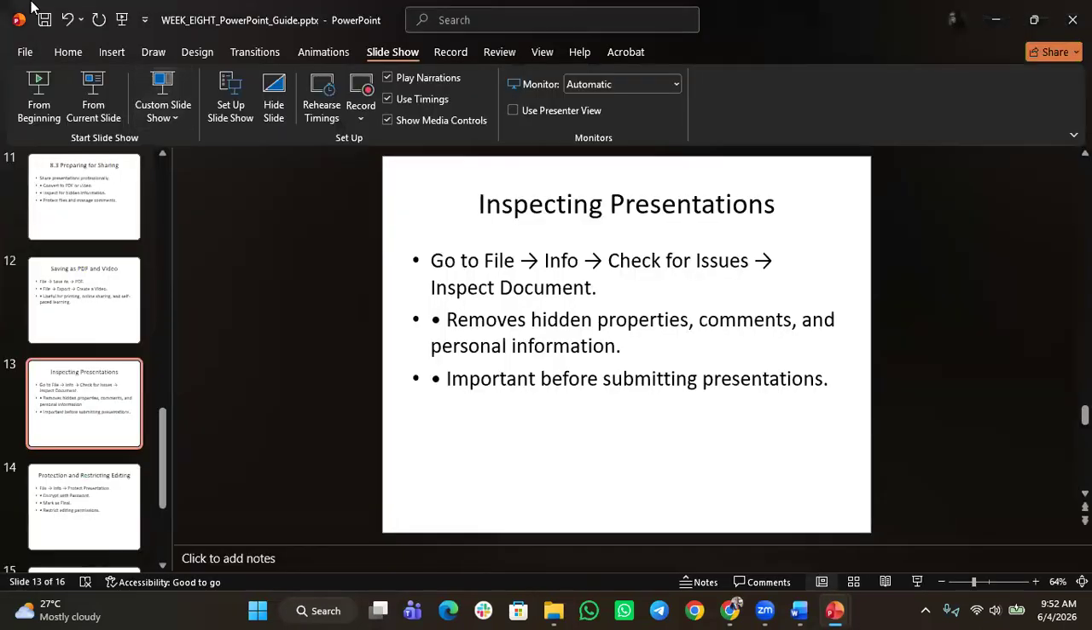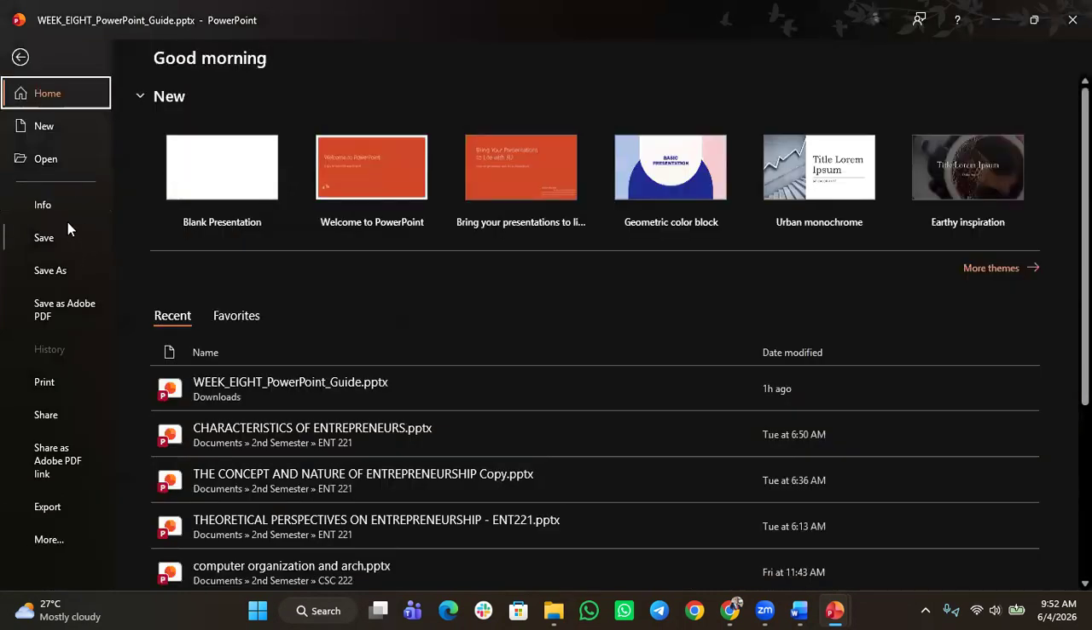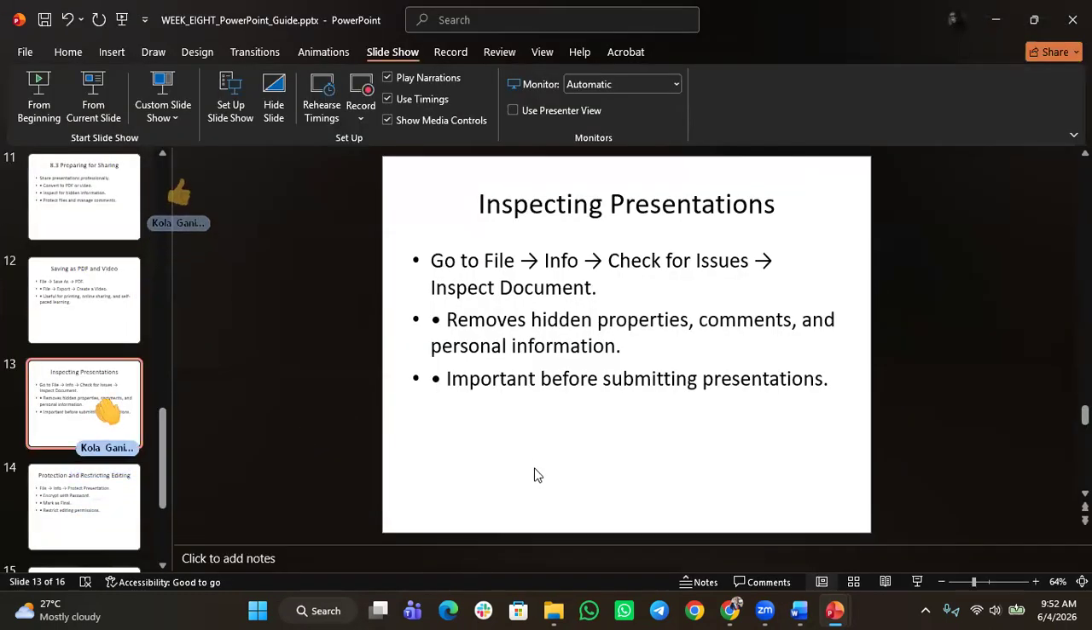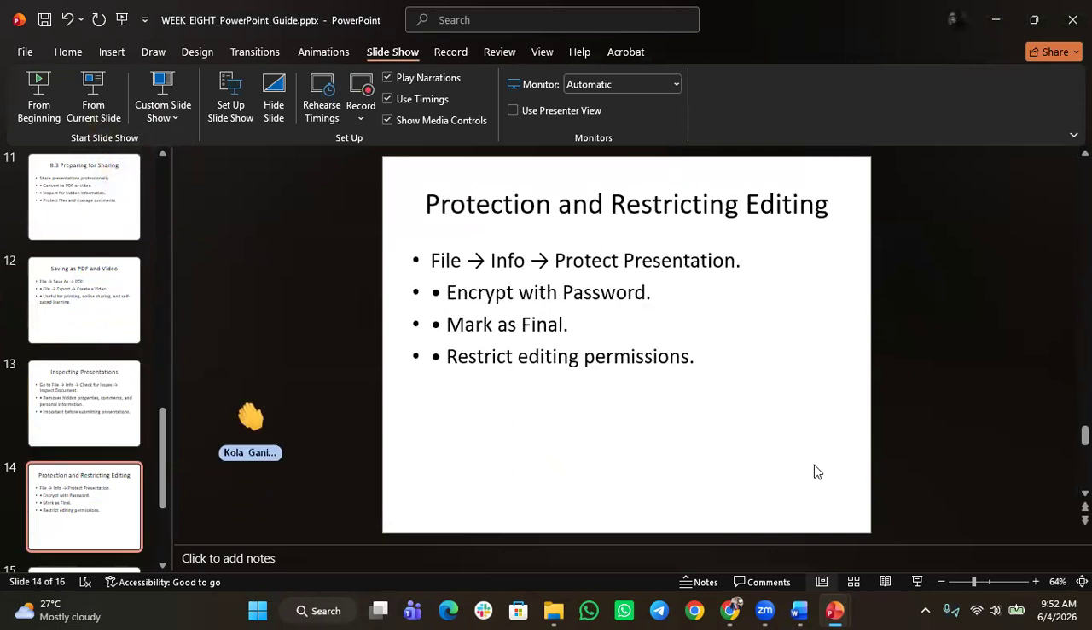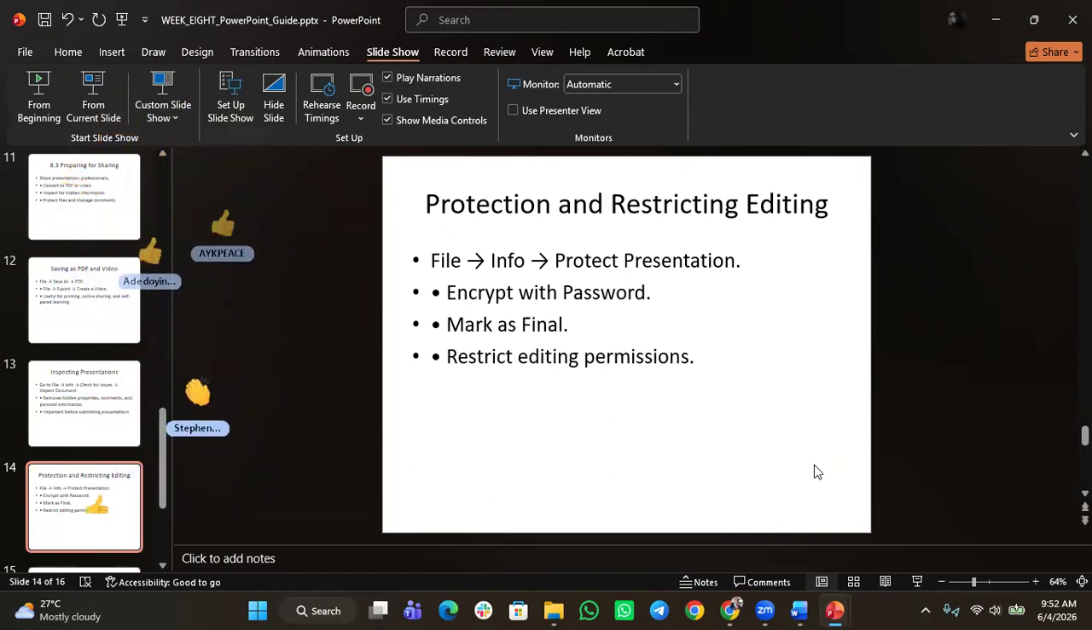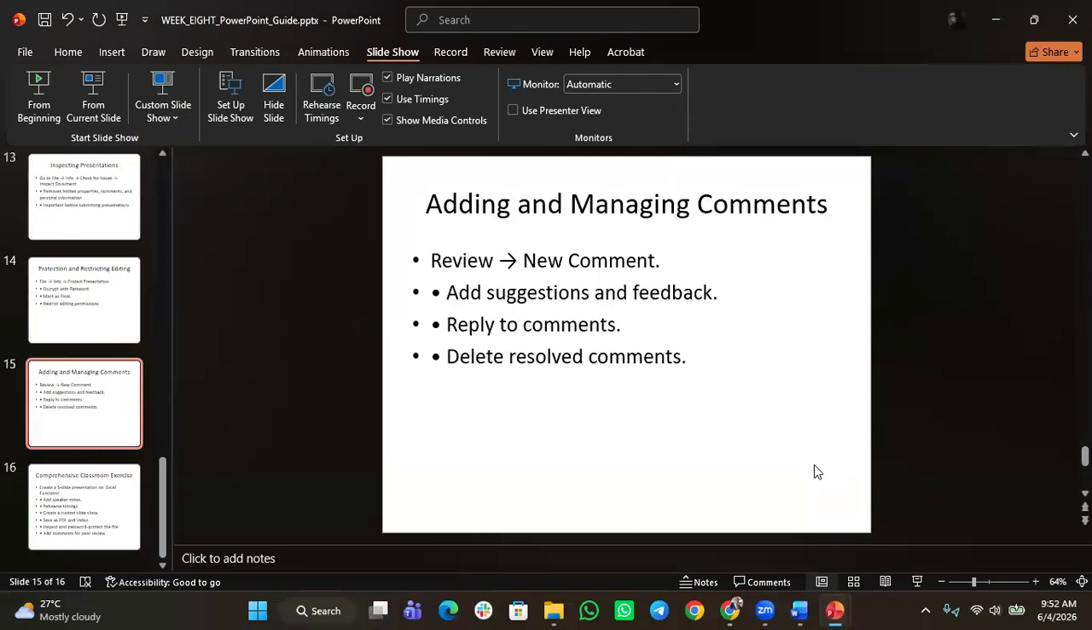Don't forget, you go to File, you go to Info, then you can see all those things that I have explained about. So that's on that. I've talked about protection and restricting editing, encrypt with password, mark as final, restrict editing permissions, and so on. So, adding and managing comments, review,